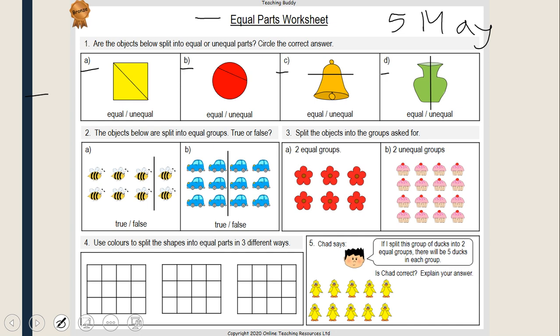So for instance, let's look at number 1. Are these two halves equal? So you would write equal if they're equal. If it's unequal, then you write unequal, okay? For number 2, you have 2A and 2B. You just need to tell me if the groups have been split equally, okay? You should be really good at this. And you are just going to write true or false. So for 2A, you need to write true or false if the frogs have been split equally into equal groups,